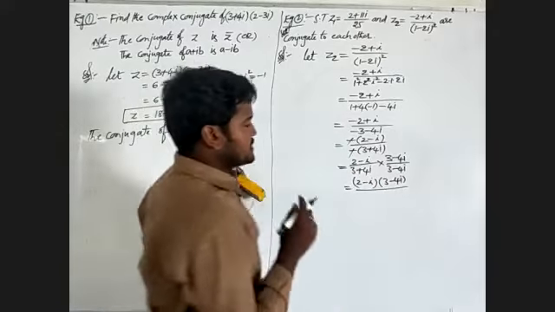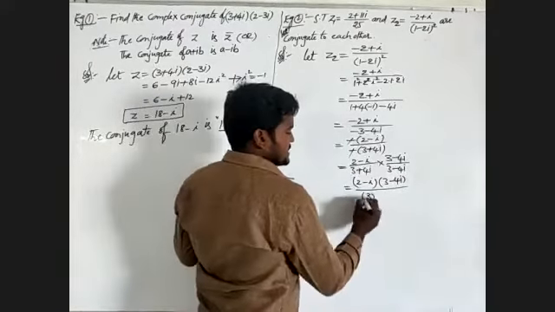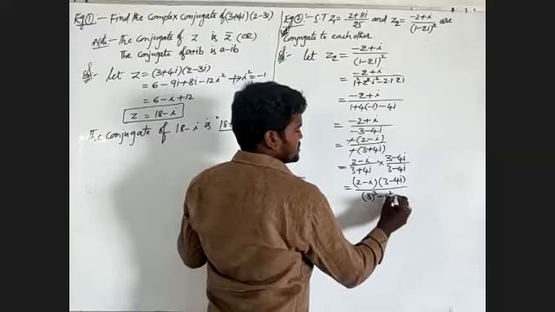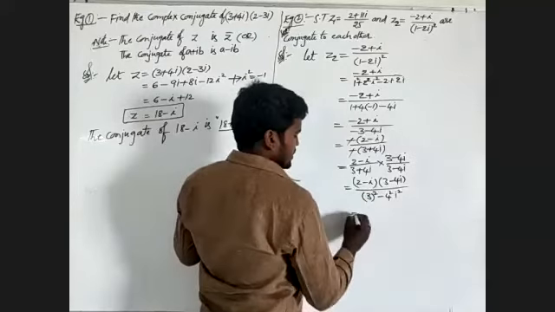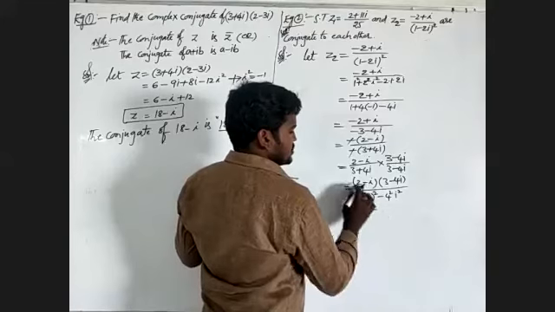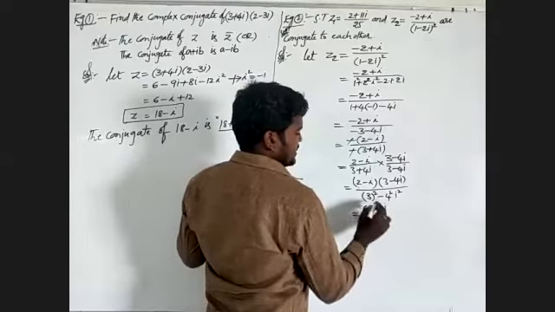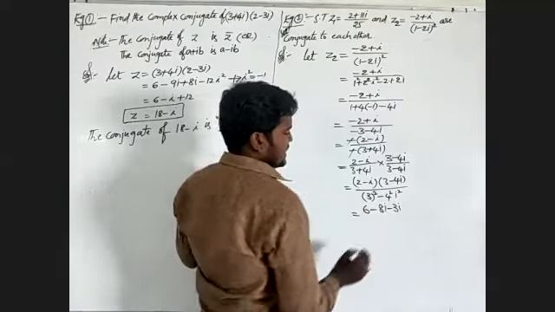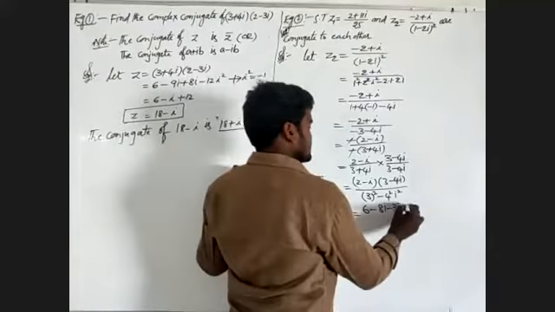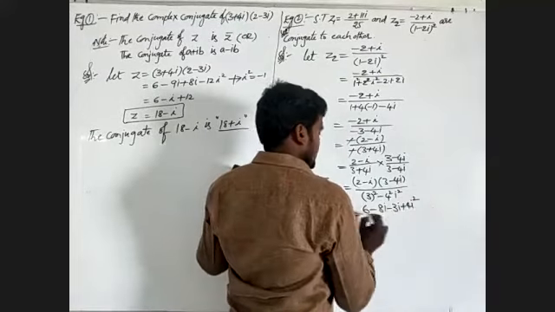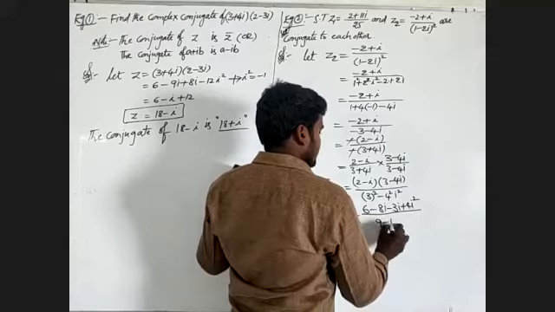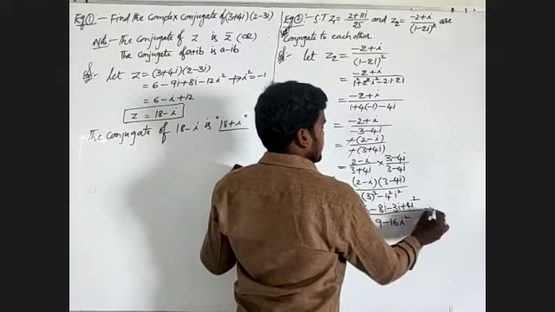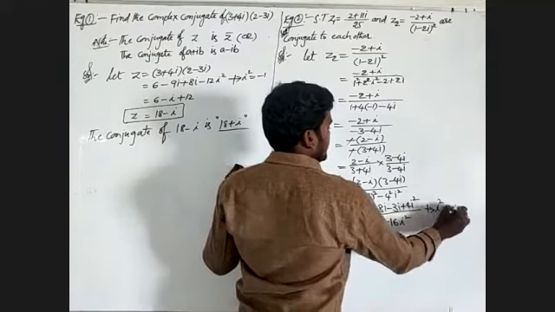when it is of the form (a plus b) into (a minus b), that will be written as 3 square minus 4 square i square. Again, 2 threes are 6, 2 into 4i is 8i, minus 3 into i is 3i. After that, minus into minus becomes plus, 4i into i is i square, by 9 minus 16i square, where i square will become minus 1.